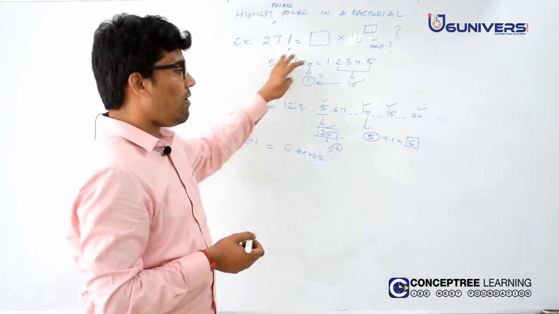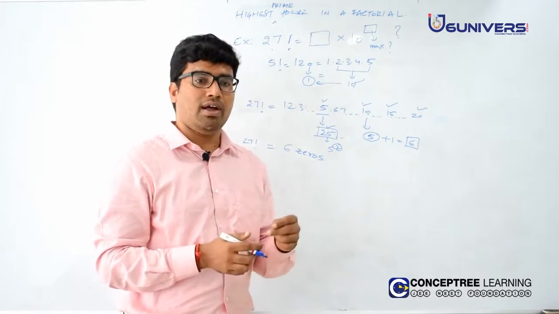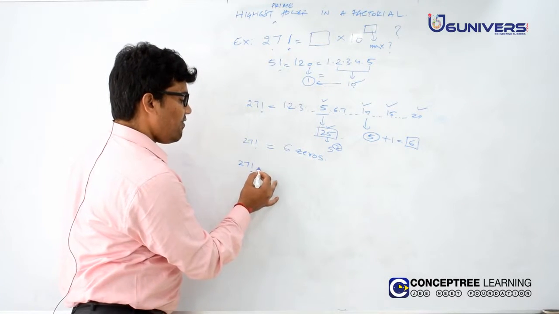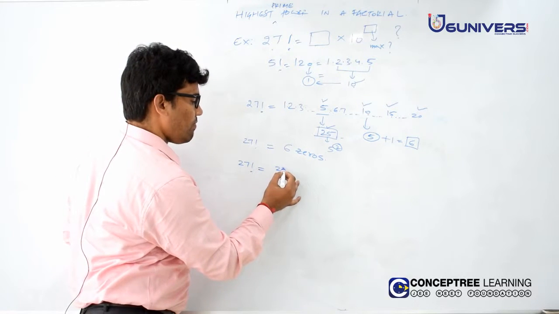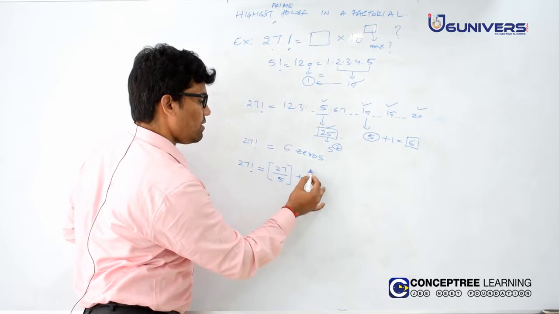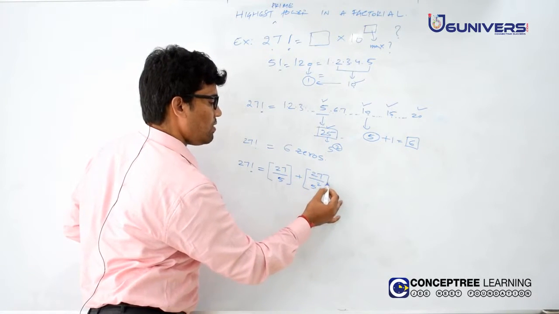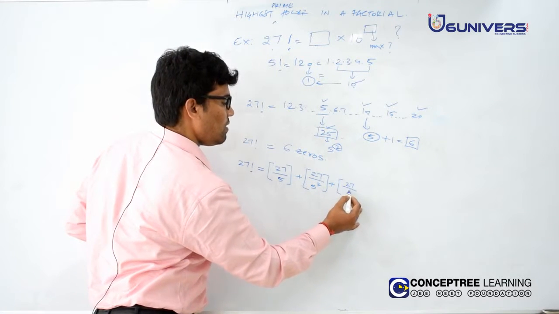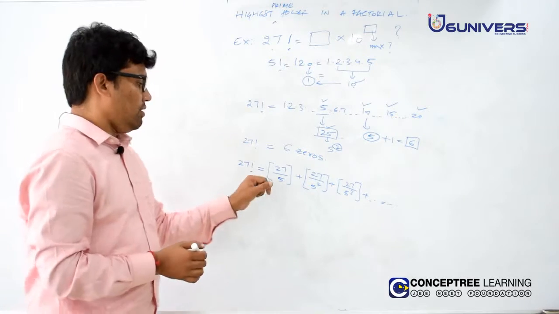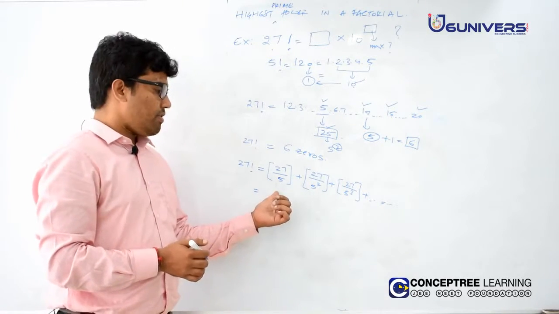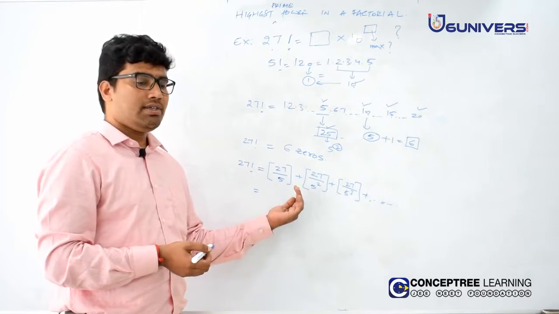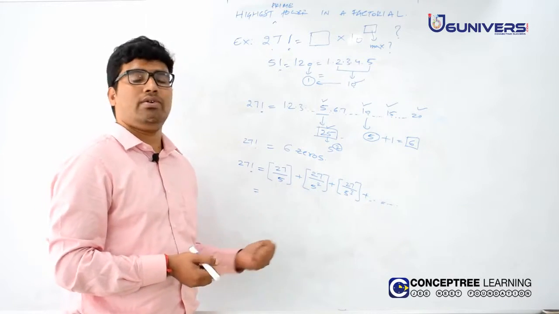sometimes streamlines all this into a nice short looking formula, we can also say the highest power of 5 in 27 factorial can be written in this form, where the square brackets represent the greatest integer function, which, as we all know, the greatest integer function of any number yields an integer that is less than or equal to the number. For example,